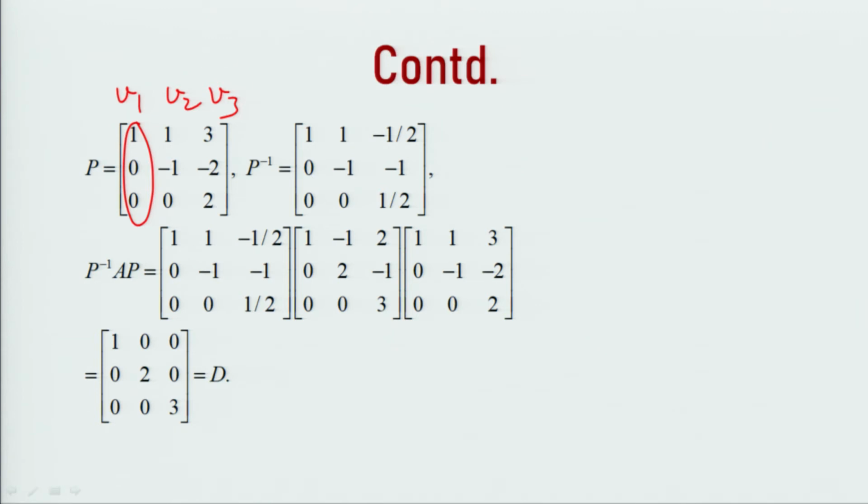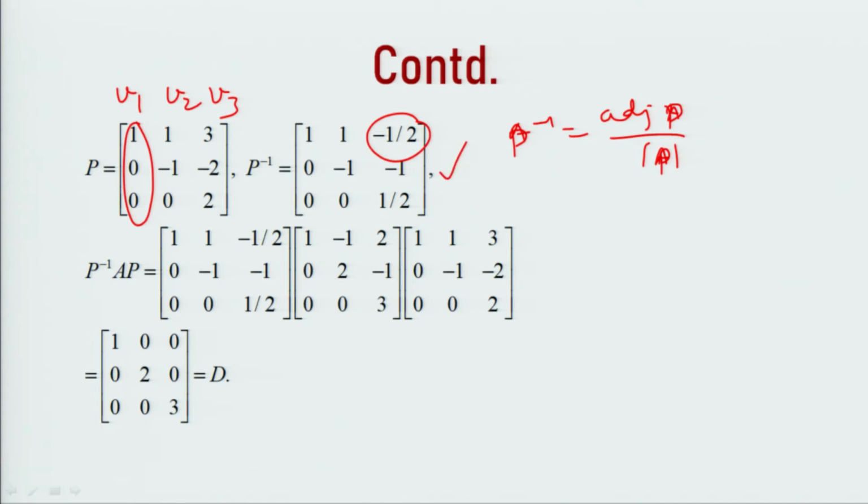Either you can use adjoint A upon determinant of A, or you can use elementary row operations, row or column operations. So, this is our P inverse. This fraction is due to A inverse equal to adjoint A upon determinant of A. And it is non-singular because we get a linearly independent set. If we calculate the determinant of this, it is equal to minus 2. So, we get P inverse equal to adjoint of P upon determinant of P. This is our P inverse matrix.